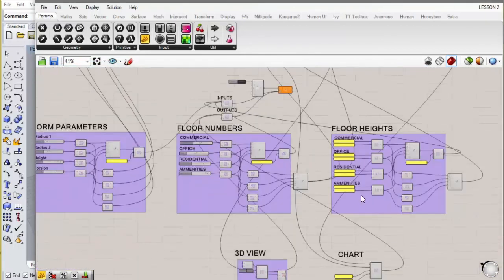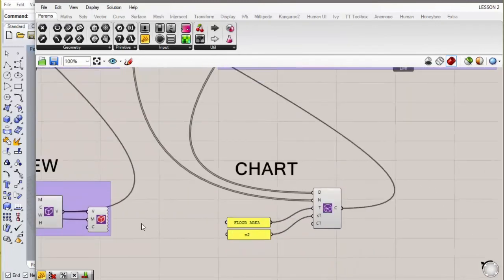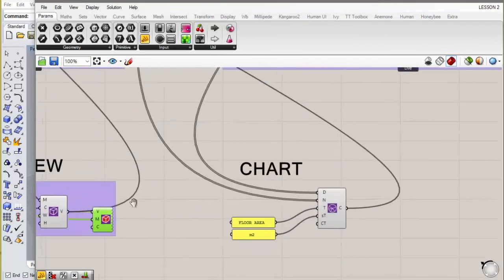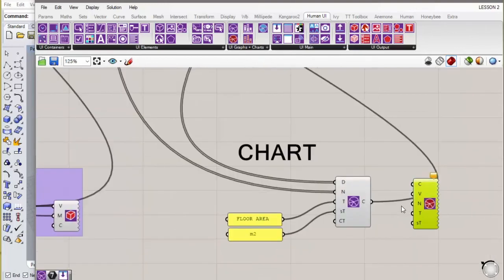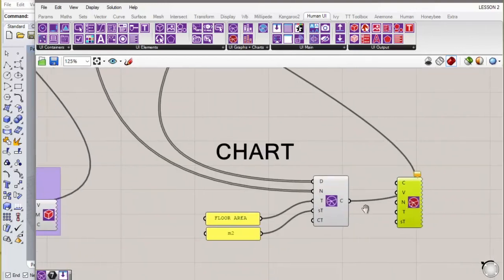So once again, we have to go back and use one of these. So UI output, and there's actually one here for a chart. And you can tell they're all of the red ones. So there's a red component here to set all of the contents of this chart.